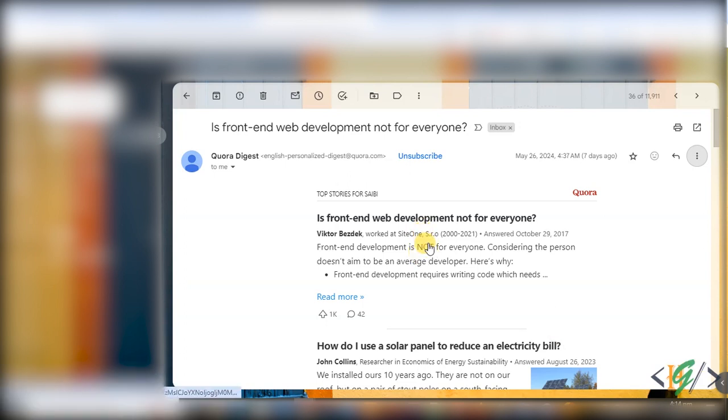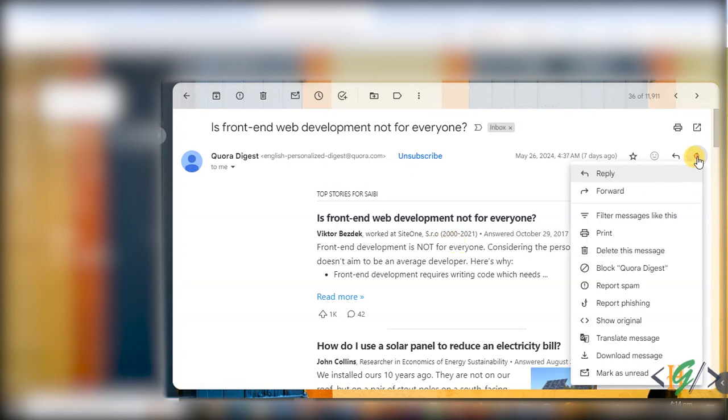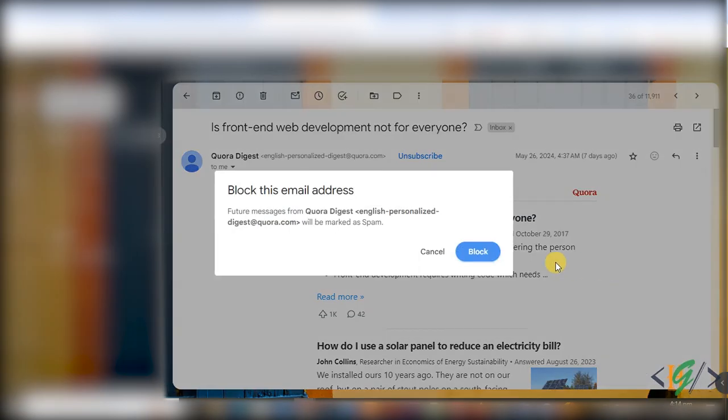So we are in email and then you see on top, unsubscribe. If you want, you can use this option, and if you want to block an email address, now you see more. Click on it and then you see multiple options, and then you see block, so click on it